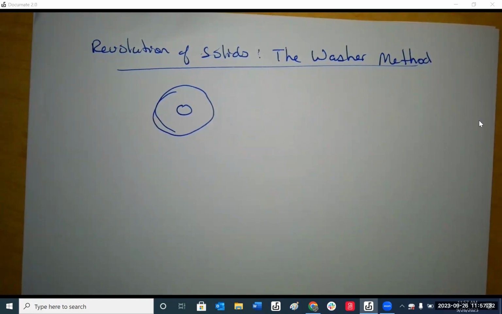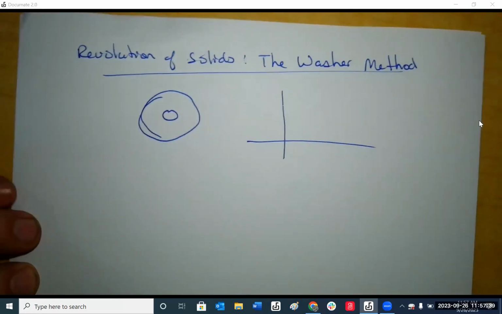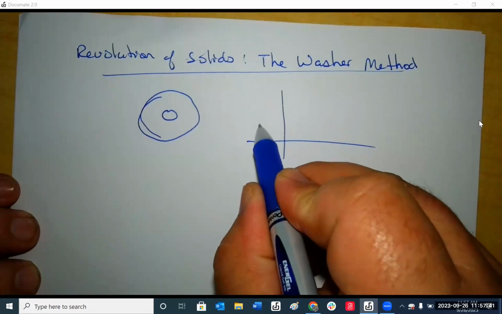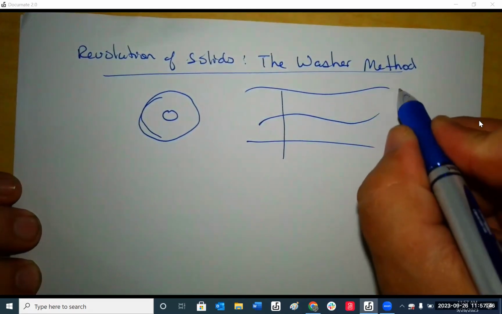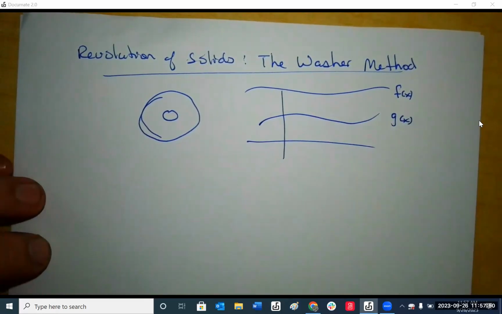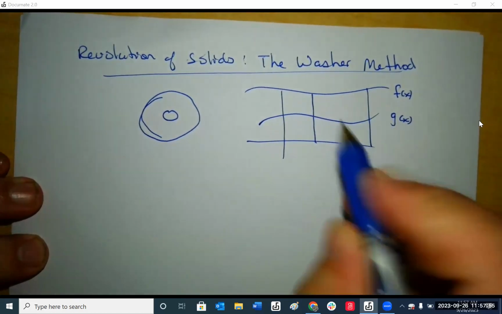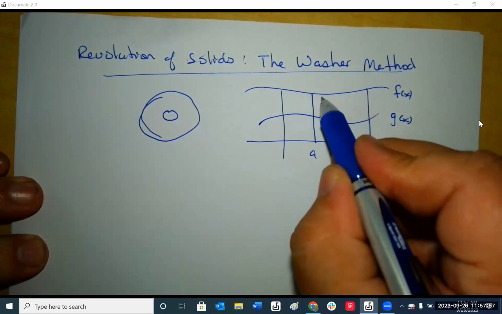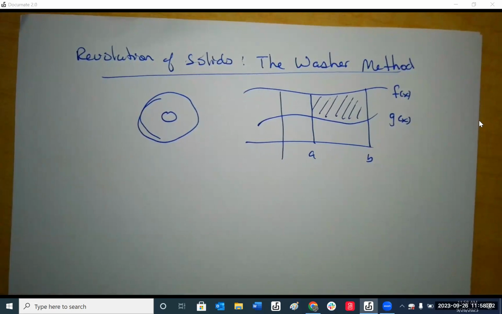So basically, what this is going to tell us to do is, let's look back at calculus 1. If we had two functions, this is f of x and this is g of x, and we want to know this area between the bounds of a and b,